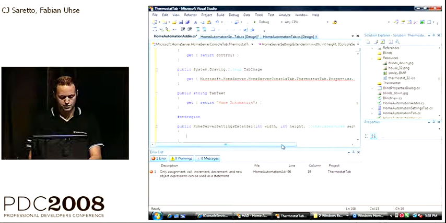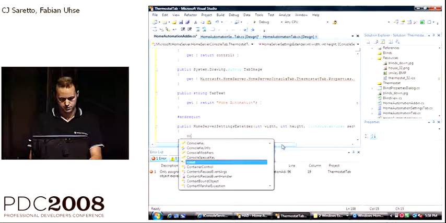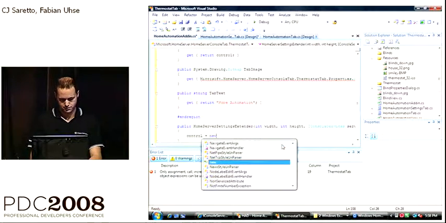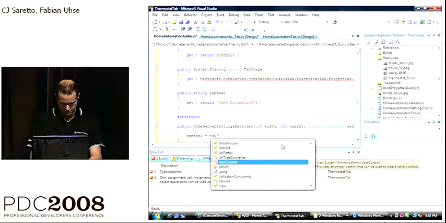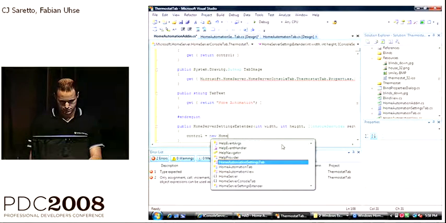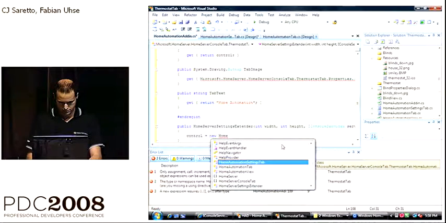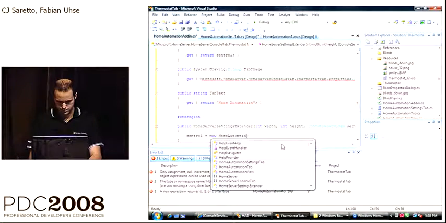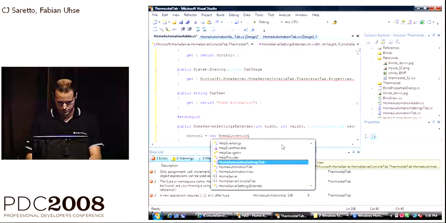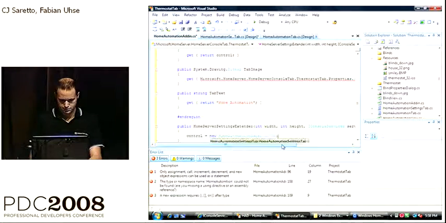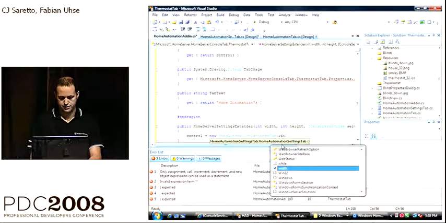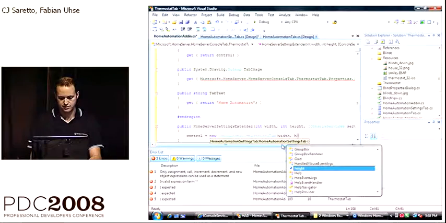And in this, what we will do is set our control, and we will pass to that a width and a height, so that our control knows how to size itself.